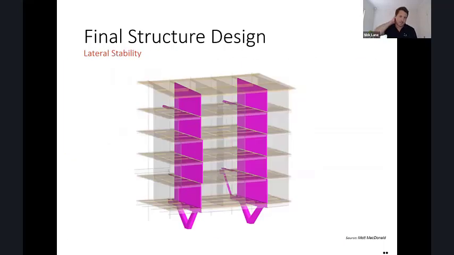So as I touched on before, the lateral stability of the system. We utilized the CLT walls that were on the primary grids as shear walls, and then those shear walls themselves were supported by the V columns down at Plaza, and also with some struts back to the existing structure at discrete points. And I guess the tricky part, if you want to go to the next slide, Adam,